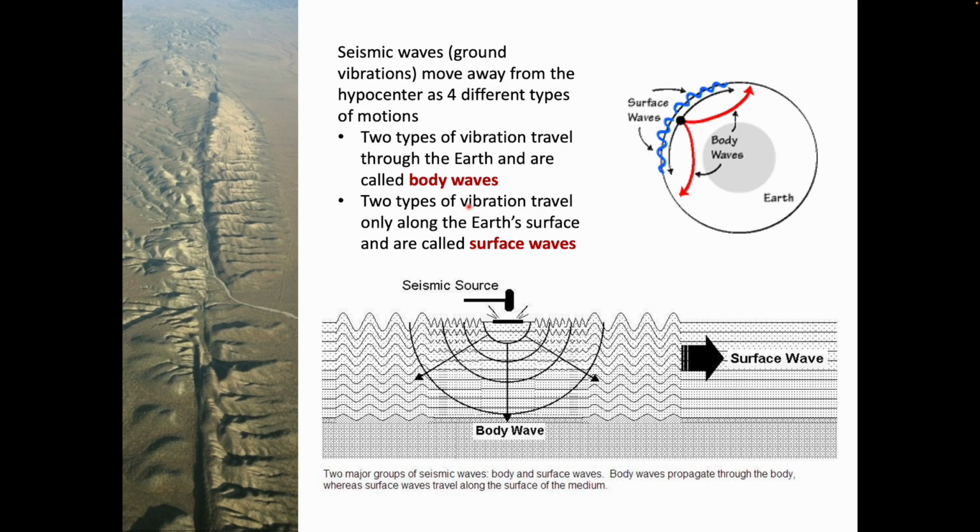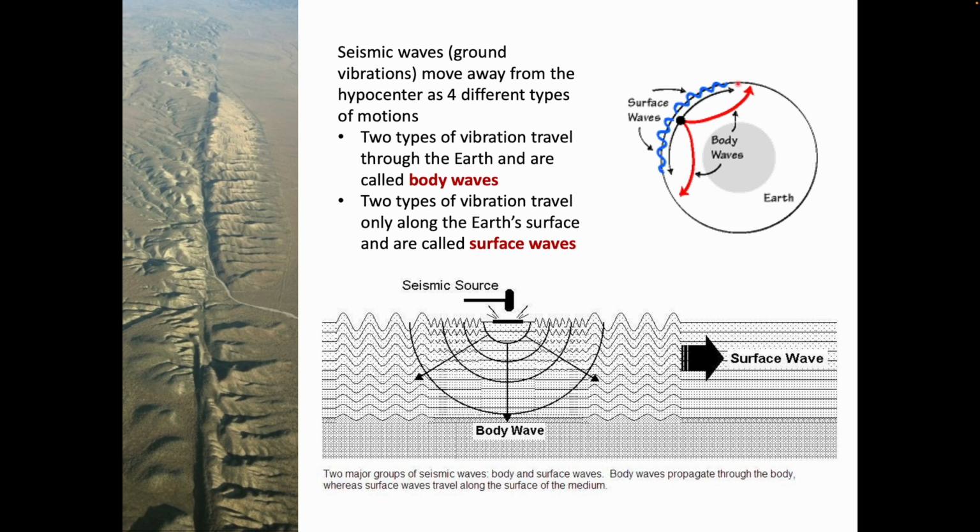But let's talk about seismic waves for a second. Seismic waves, those ground vibrations released during the earthquake, move away from the hypocenter as different types of motions. There are 4 different types of seismic waves. 2 types of these vibrations travel through the Earth and are called body waves, and 2 types travel only along the surface and are called surface waves. So body waves are the ones that radiate through the Earth's interior, and surface waves only travel along the ground's